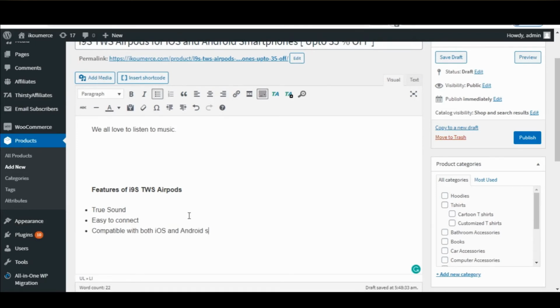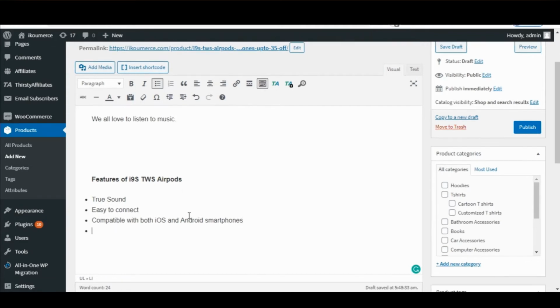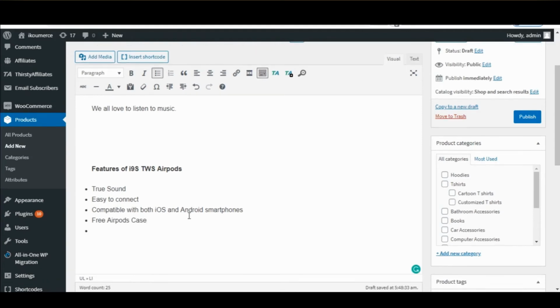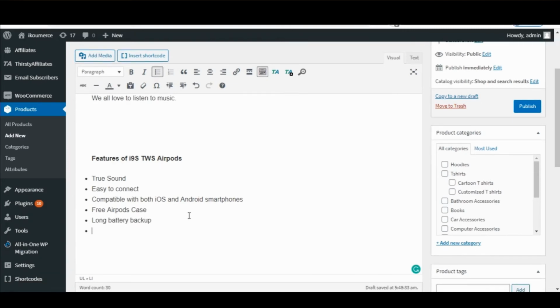Android smartphones, and free AirPods case, long battery backup. So if you are using an AirPod, these are not the original ones, but for example, if you are using AirPods, so everyone wishes to have a longer battery life. Everyone wishes that their AirPod should have a battery backup for a longer duration.